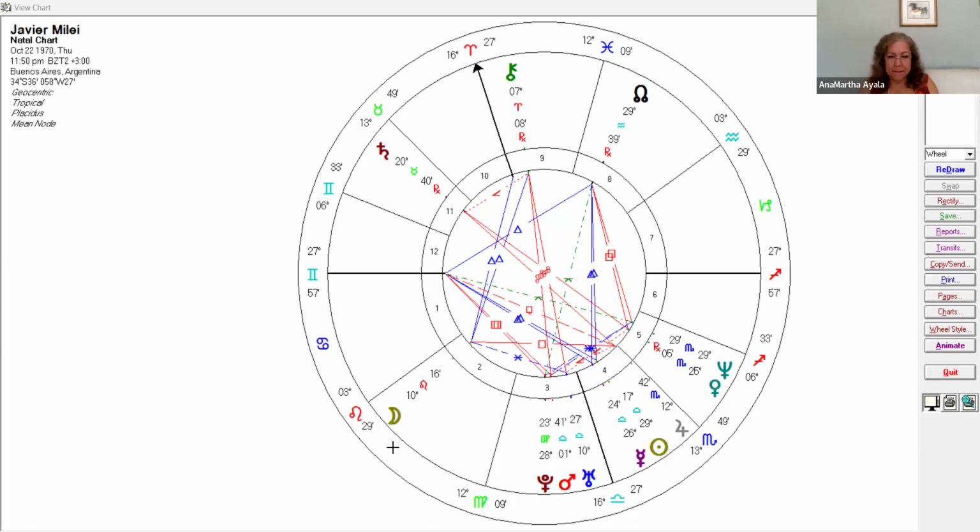Right now, Saturn is hovering here, and Saturn will eventually make it to his midheaven. My take on this is, and I don't know when the elections are in Argentina, that when Saturn gets here, which will probably be in about 2 years or so, maybe a little bit more, when Saturn gets to the midheaven, he might lose his position,